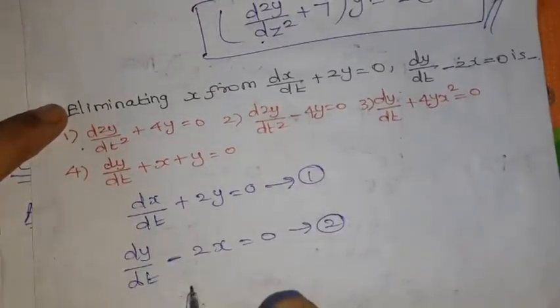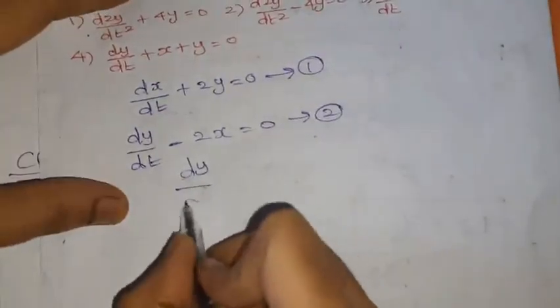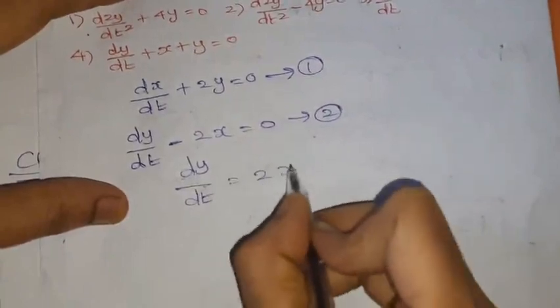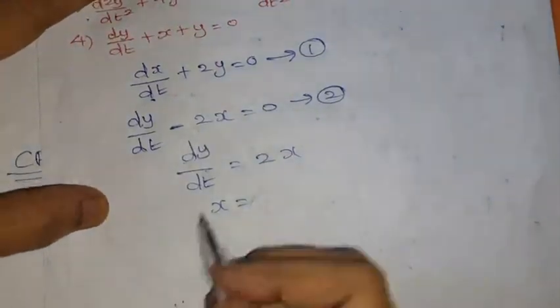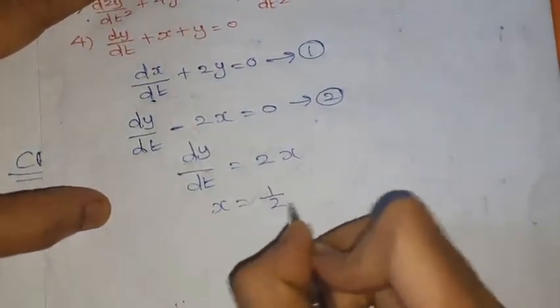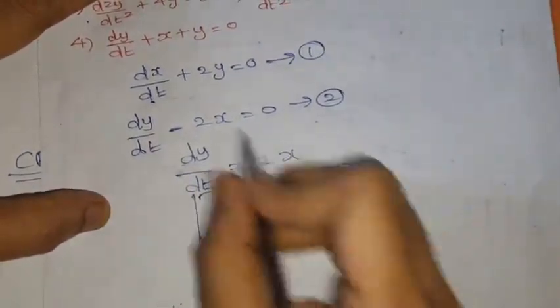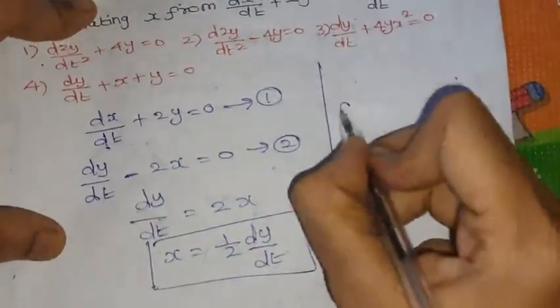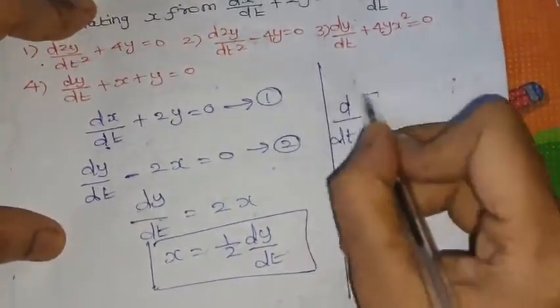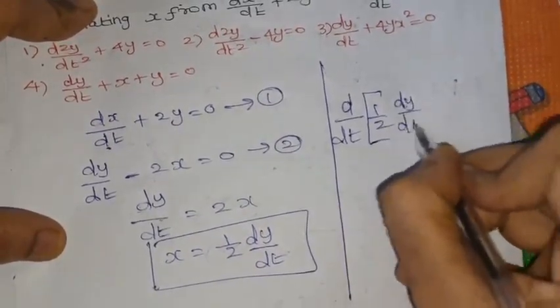So from equation 2, what is x? We are going to eliminate only x now. So dy by dt equals 2x from equation 2. Then x is 1 by 2 into dy by dt. Just substitute this x value in equation 1. So d by dt of x, that is 1 by 2 dy by dt, plus 2y